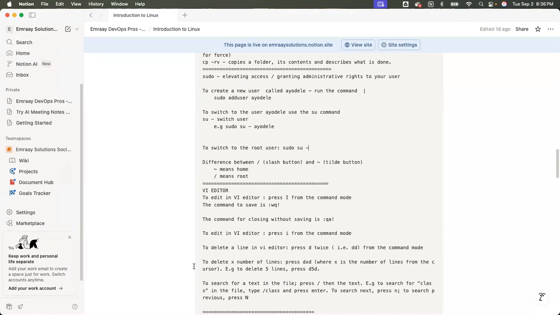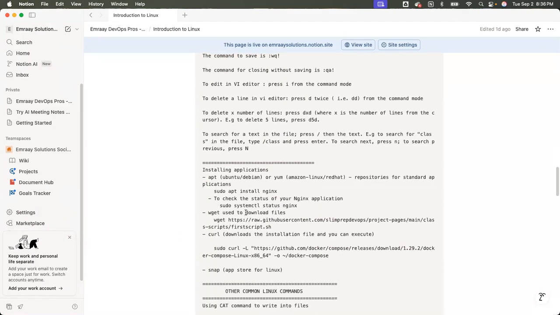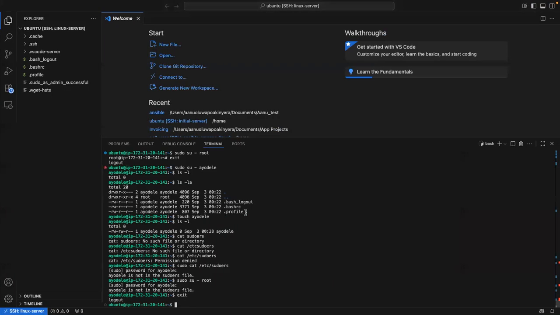What did I say we're going to continue with? Installing applications. Let's put it this way. How many people use Android phones and how many people use iPhones here? Just type it in this Zoom chat.